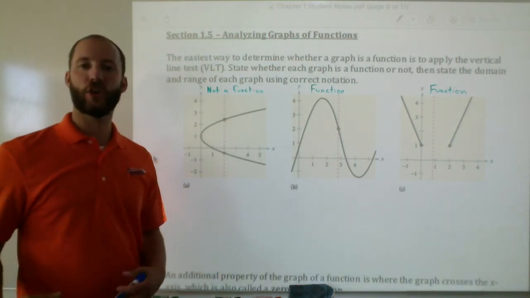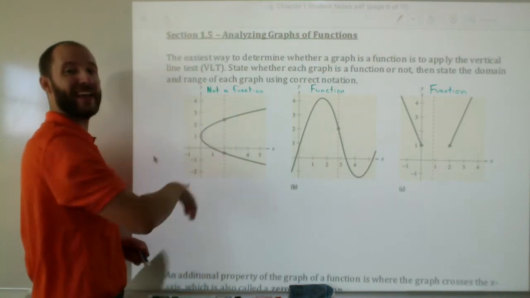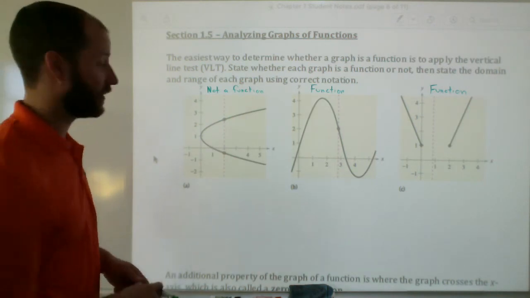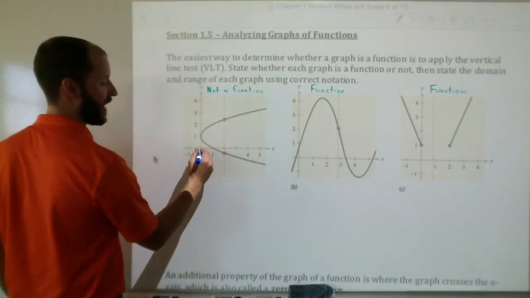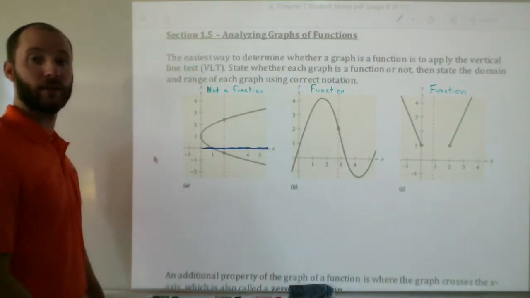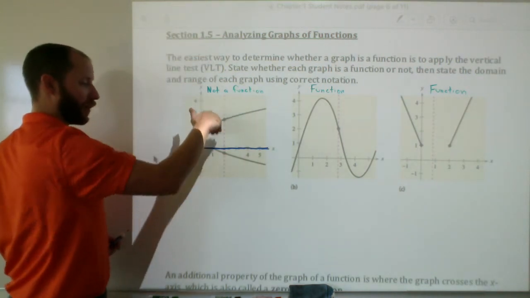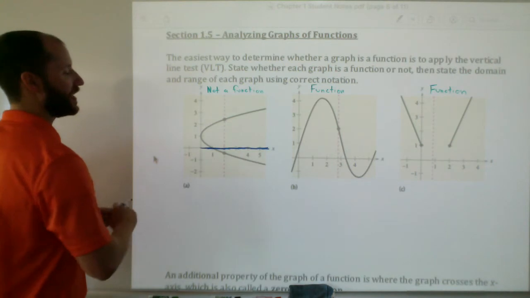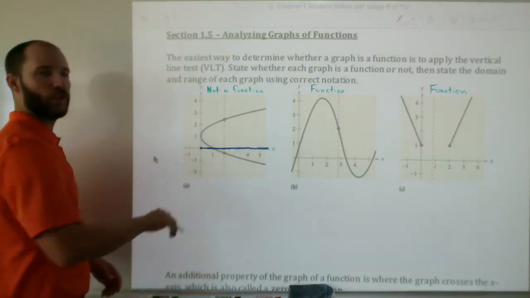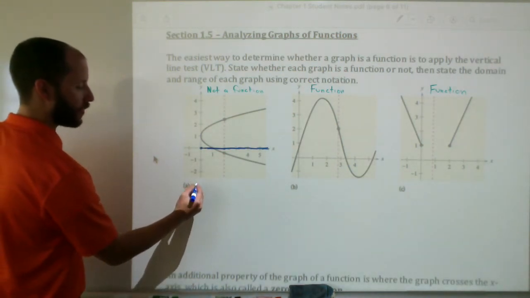So to get the domain, the x values, imagine there's a light up here and it's shining down on the graph. And wherever the graph is, it casts a shadow below it. So the graph is casting a shadow on the x-axis, right there, where I'm drawing that blue. Okay, the light shining down, it's hitting the curve, casting a shadow. So we see that the shadow starts at x equals 0 and then goes over to the right towards x approaching infinity. So our domain